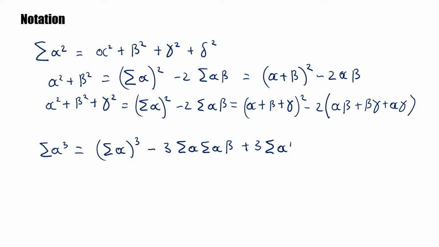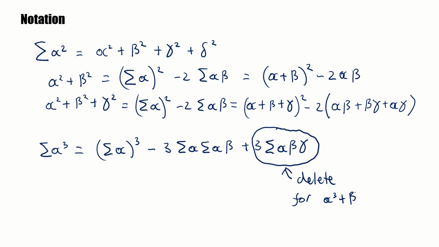But it's worth acknowledging there is one little thing you've got to be aware of, which is that if you're dealing with a quadratic, this doesn't exist. If you're dealing with a quadratic, you only have two roots, and therefore there is no gamma. Now, I'm not going to say treat gamma as if it's 0, because that's implying there is a gamma and it's got the value of 0. And that isn't what's happening. There just straight up isn't a gamma, and therefore you would delete this bit for just the scenario where you're doing alpha cubed plus beta cubed. But the rest of it still applies as usual,